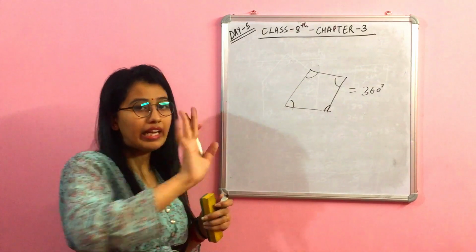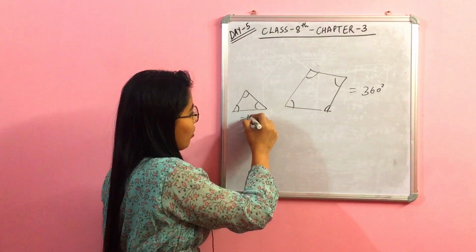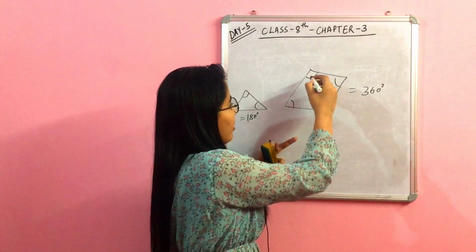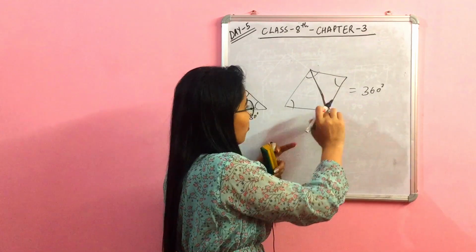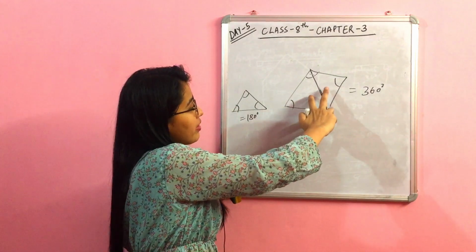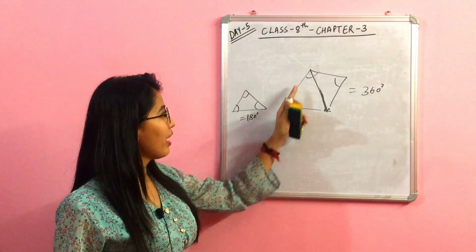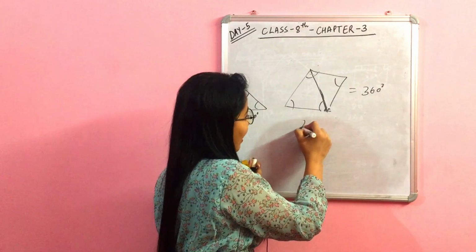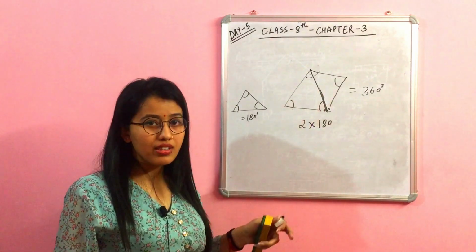We know with the angle sum property that the 3 angles of a triangle sum to 180 degrees, isn't it? Now we can divide this rhombus, or whatever you can call this polygon, into 2 parts. If you see these 2 parts, this is one triangle and this is also one triangle, right? So there are 2 triangles here. And we know with the angle sum property that all 3 angles of a triangle equal 180 degrees, right? So I can multiply 2 into 180, because I have 2 triangles here.